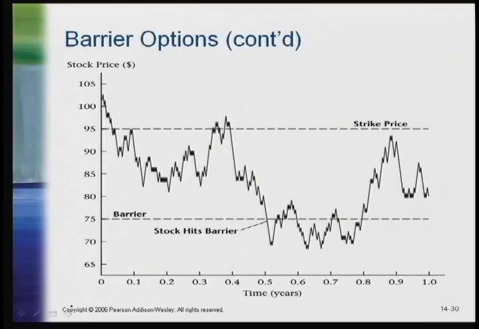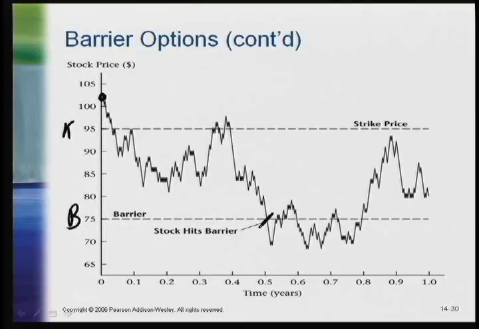So here's a graphical display of what I did more informally. This might be a barrier option where you have a strike price here, K. Here's our barrier. Stock price is initially up there. So this could be a down and in or a down and out option, which is to say we're starting with stock price above the barrier, and a down and in would mean when the stock hits this barrier, it